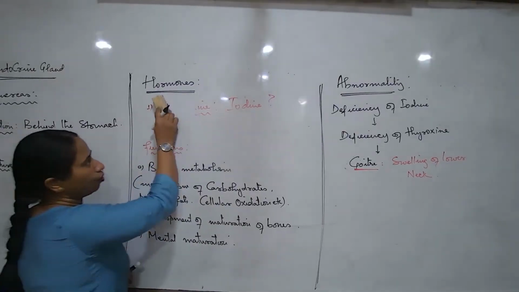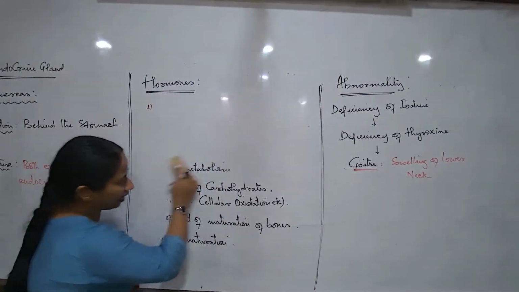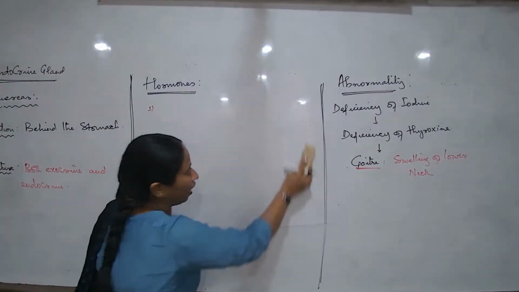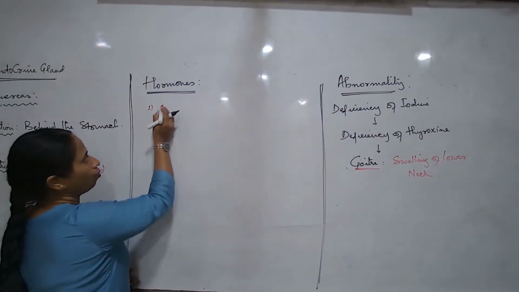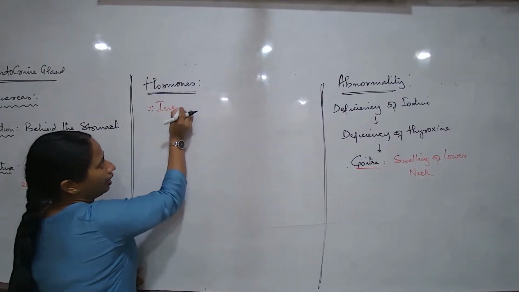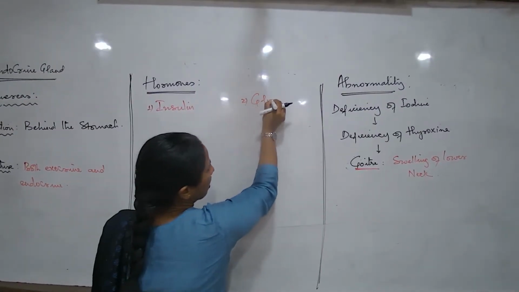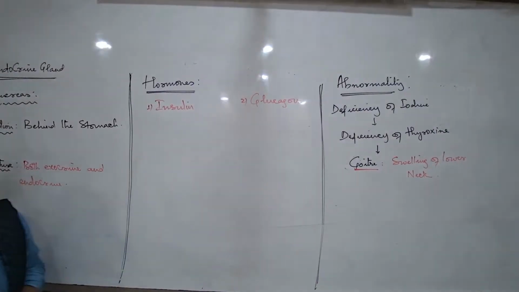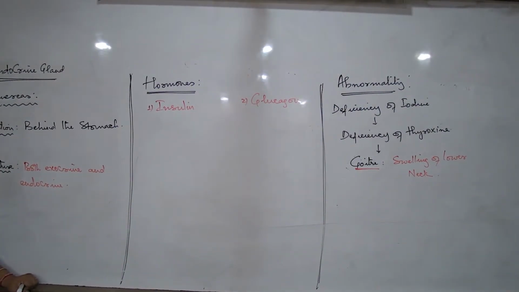Now the type of hormones that the pancreas produces are majorly two types. So let us try understanding the major two hormones. What are the two hormones majorly? One is insulin and there is one more hormone known as glucagon. Try understanding the two major hormones of the pancreas, insulin and glucagon. What is the job of the insulin?